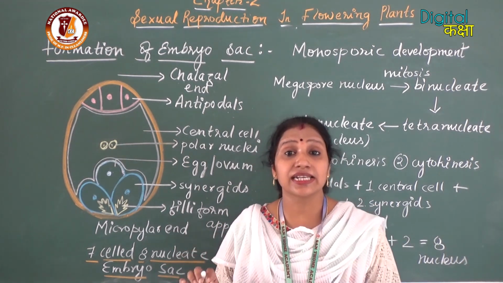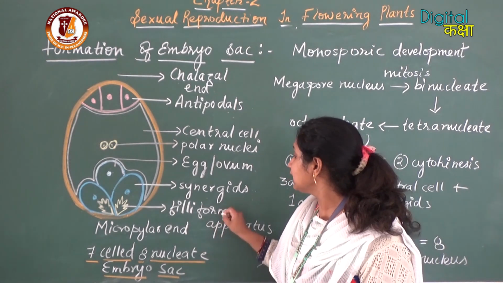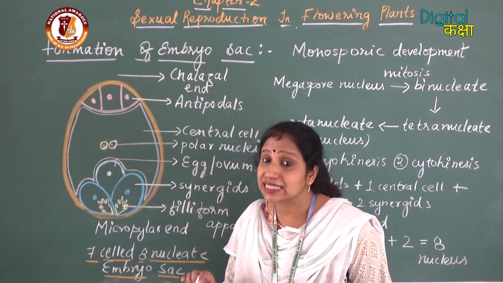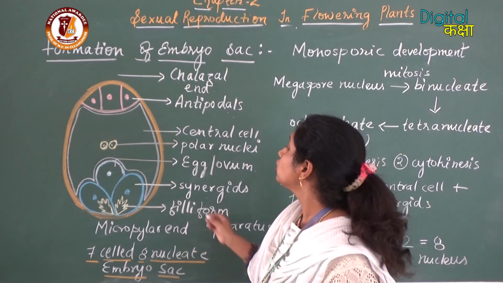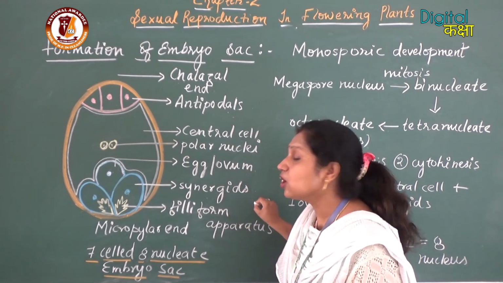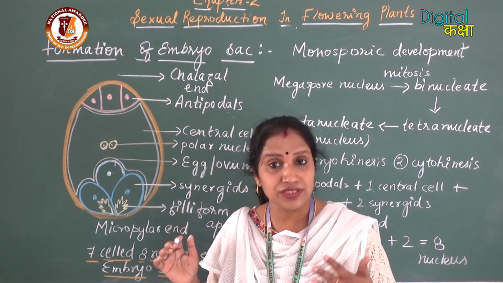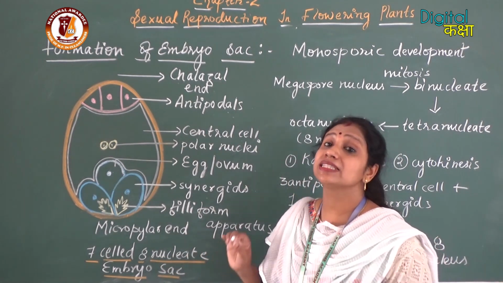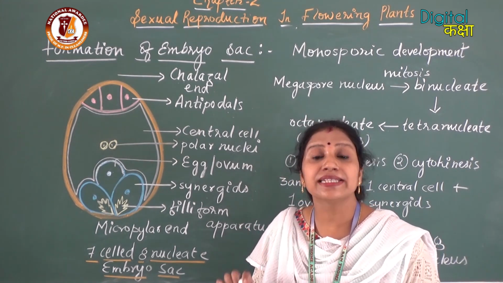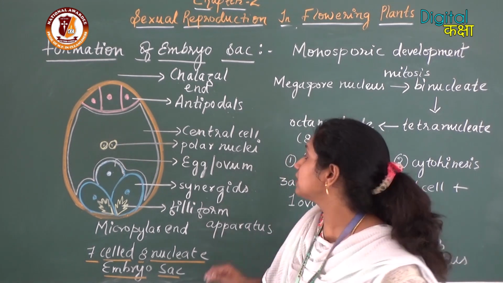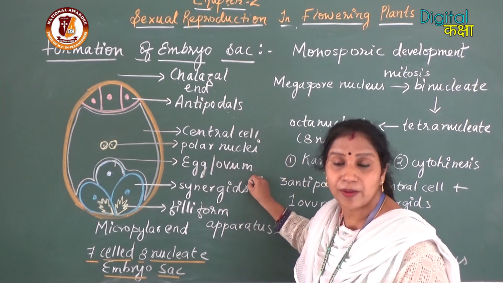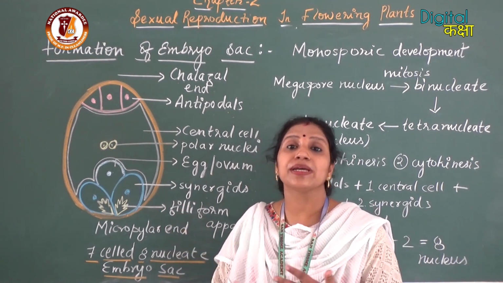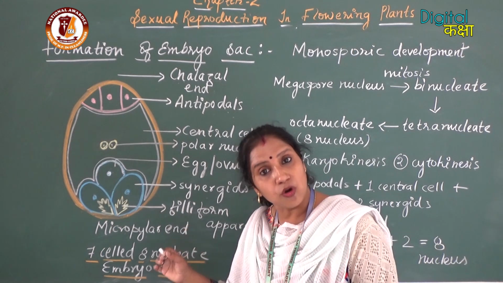The synergids contain the filiform apparatus, and this filiform apparatus guides the male gametes, or we can say it guides the pollen tube towards the egg cell or the ovum. So what are the functions of synergids? Synergids have the filiform apparatus, and this filiform apparatus guides the pollen tube and the male gametes towards the egg or the ovum. Then only the male gamete will reach the female gamete and fuse with the ovum